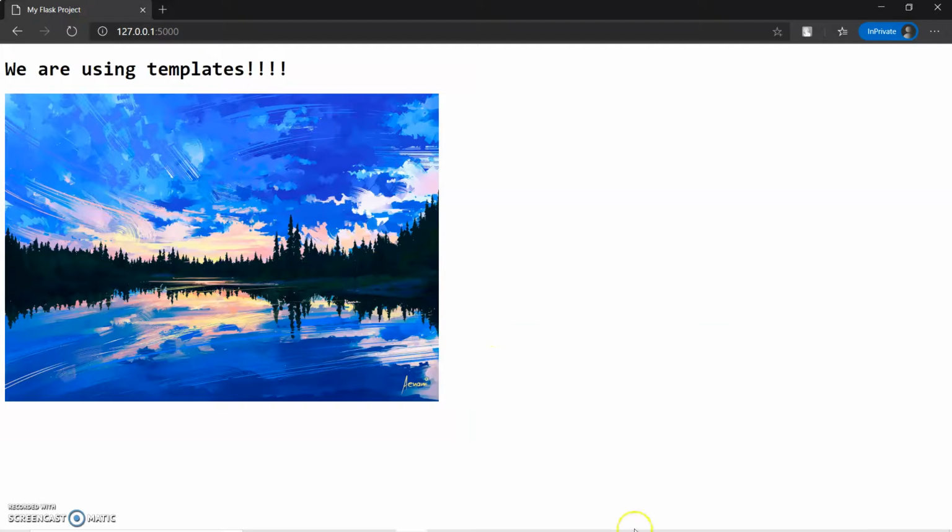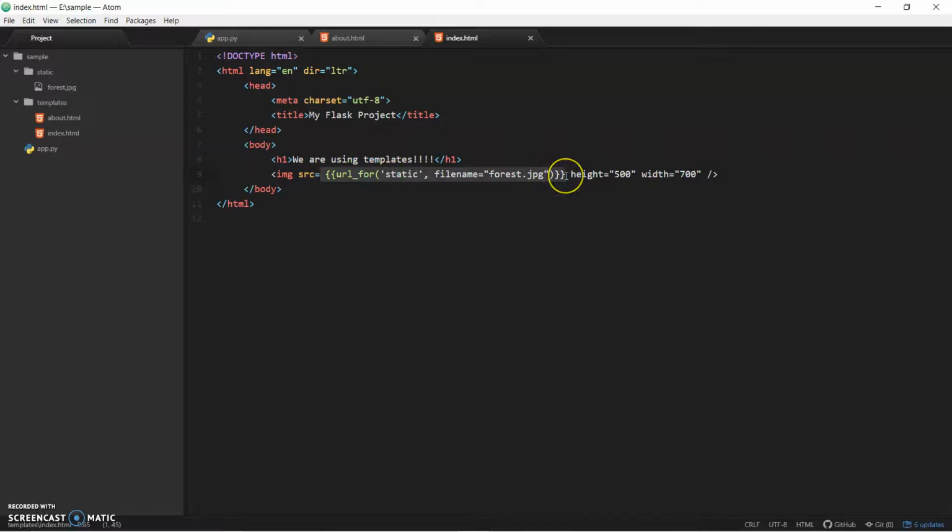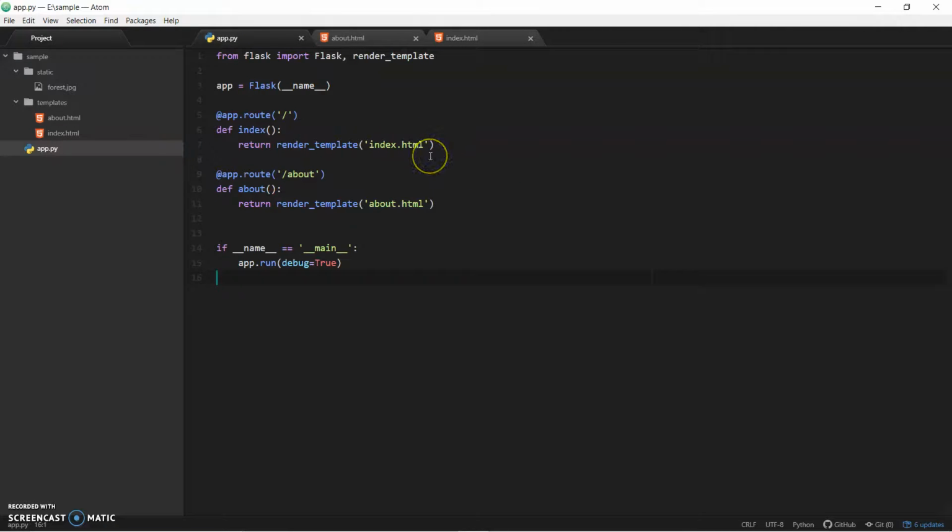What else can we do? We can use this url_for. You can see this is written inside the double curly braces because we want to separate the HTML code from the Python code that we have written inside the HTML page. Now we can use this url_for inside our app.py file. For what? To